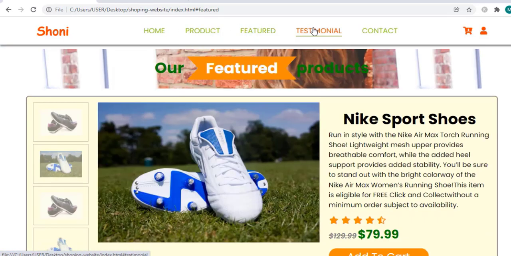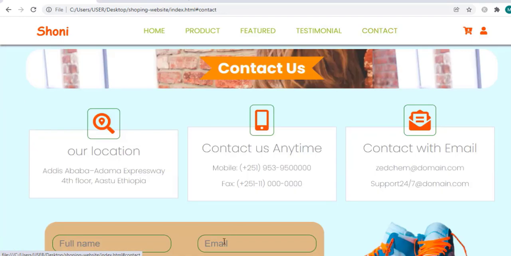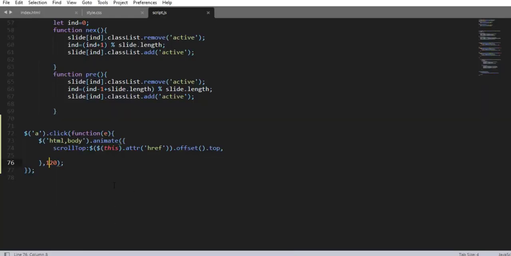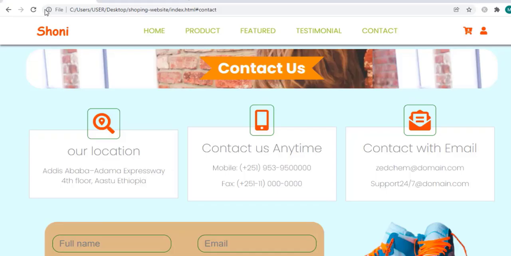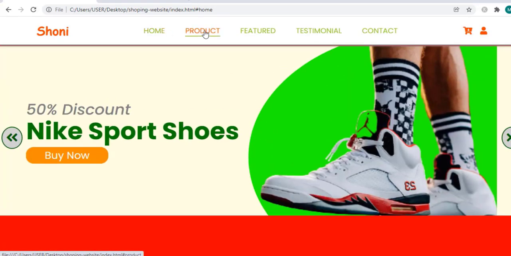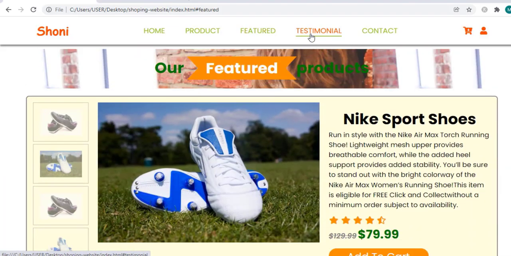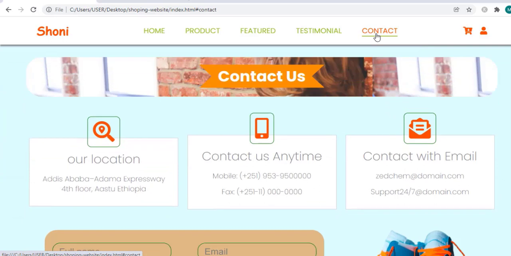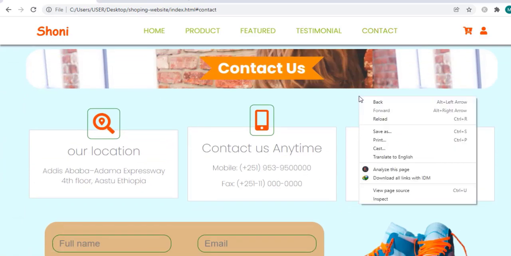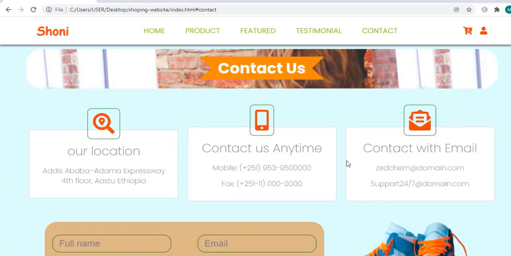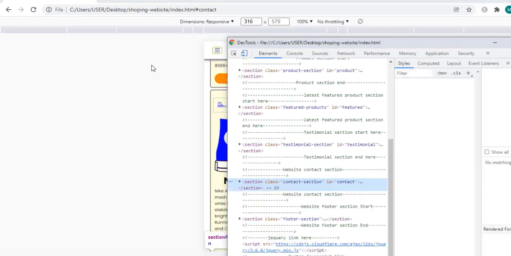Now when I save and refresh, here it is, right? Here is the product section, the featured product, the testimonial, the contact, and much more. So this is all about. Okay, so when we increase this animation to 1000 and save again and refresh, here we have a smooth scrolling effect right here. So this is all about how you can create a fully responsive e-commerce website using